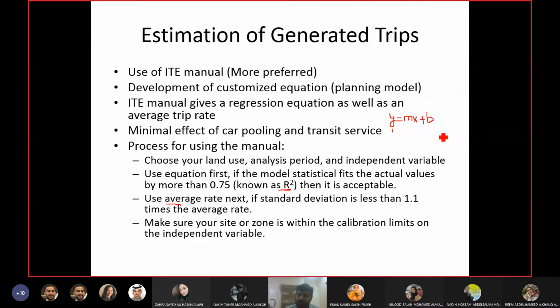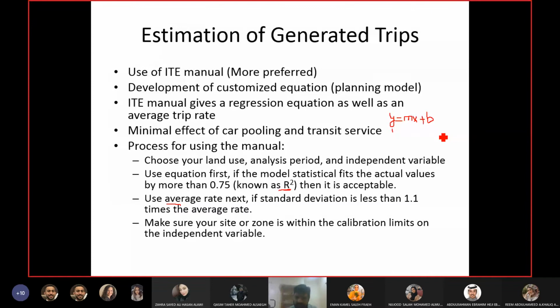Okay, now say we have a very big gas station in Bahrain which has 15 fueling booths. So 15 is out of the range of the USA data. Then that equation and that trip rate are no longer applicable to you, because they didn't know that a value of 15 is also possible. So their equation will not work for 15.